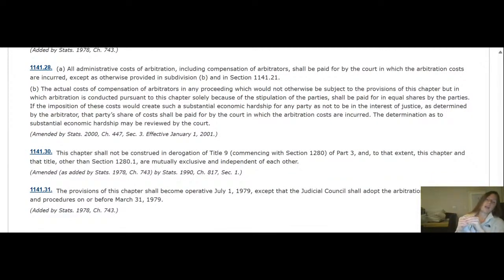1141.28. All administrative costs of arbitration, including compensation of arbitrators, shall be paid for by the court in which the arbitration costs are incurred, except as otherwise provided in subsection B and in section 1141.21. B. The actual cost of compensation of arbitrators in any proceeding which would not otherwise be subject to the provisions of the chapter, but in which arbitration is conducted pursuant to the chapter solely because of the stipulation of the parties,